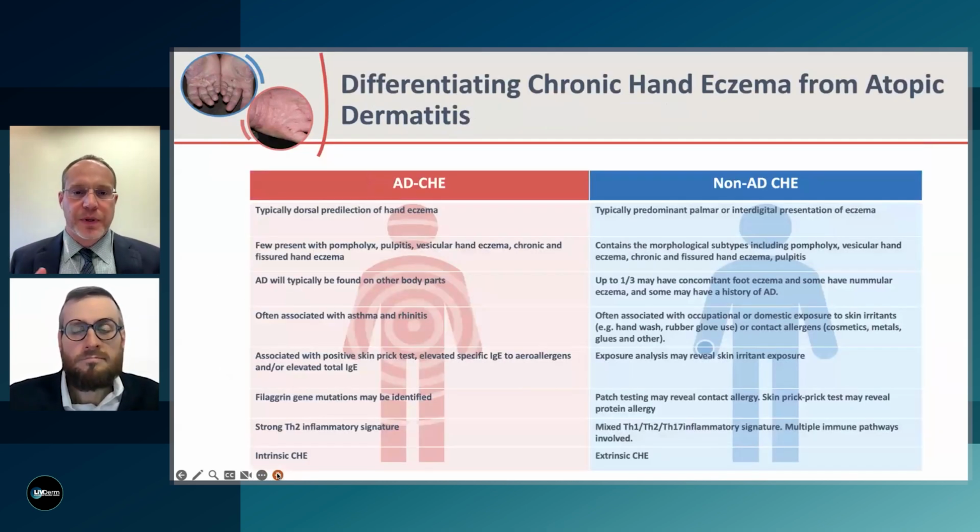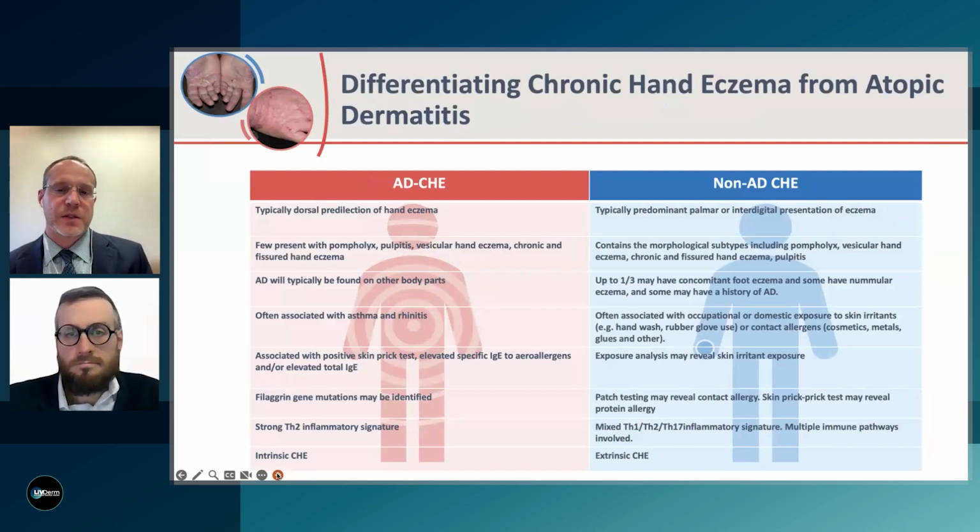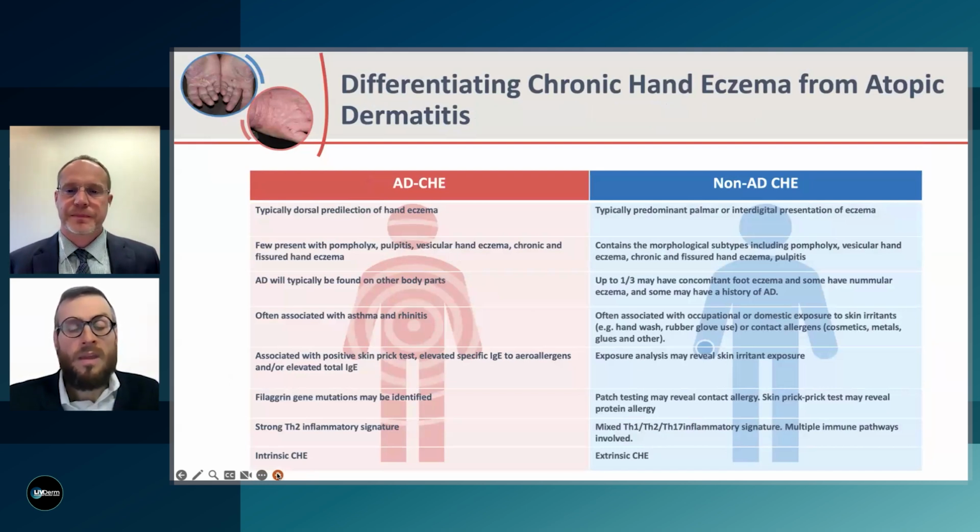So we sort of touched on this, but let's dive into it a little bit deeper. There really is an important difference between chronic hand eczema caused by atopic dermatitis and that's not atopic dermatitis. So what are some of those differentiating features, John? Yeah, so